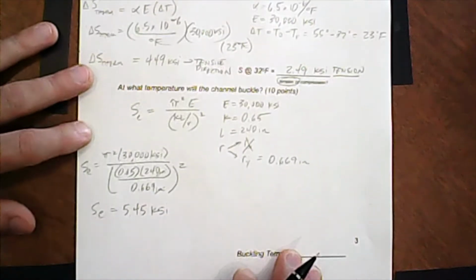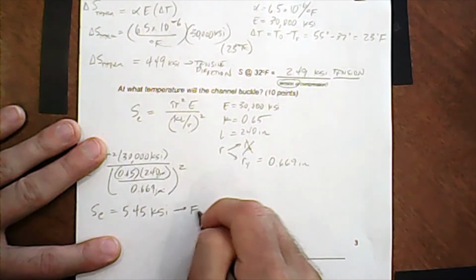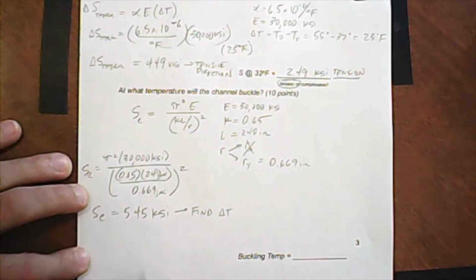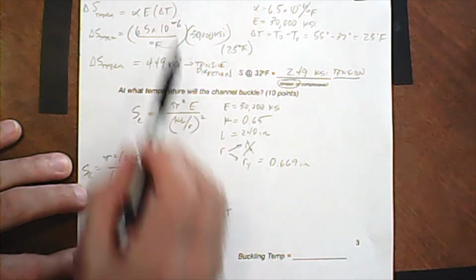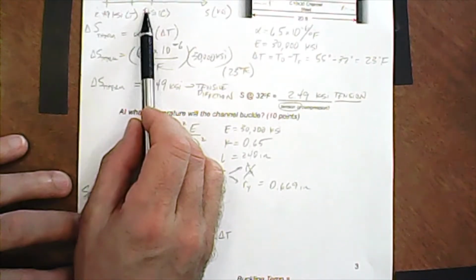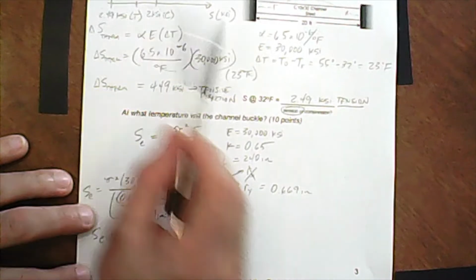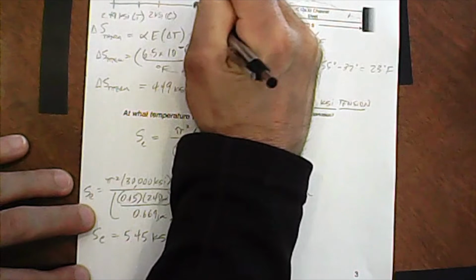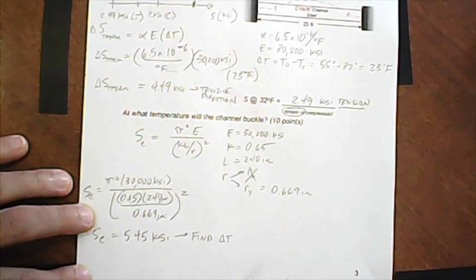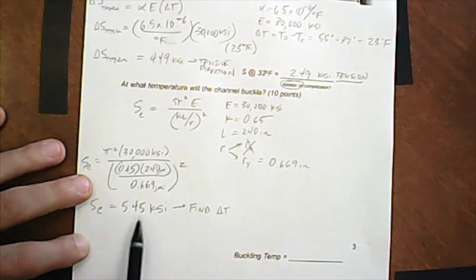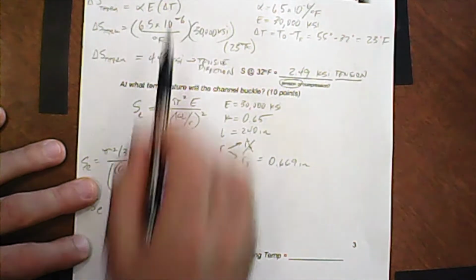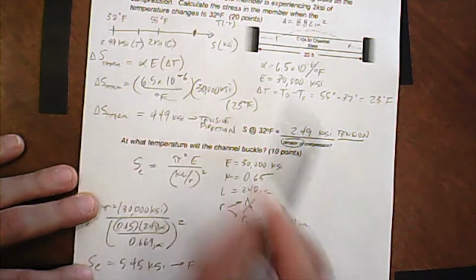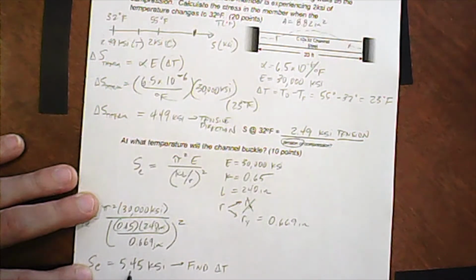So what we're going to need is to find the delta T required to get us to 5.45. We know we started at 55 degrees Fahrenheit, right? We started up here, and we're going to get to some buckling temperature up here. All right, and we're going to figure out what that is. Turns out it's probably not going to be that much. So we're starting off at 55 degrees Fahrenheit, and we already have 2 KSI of compression. We need to get up to